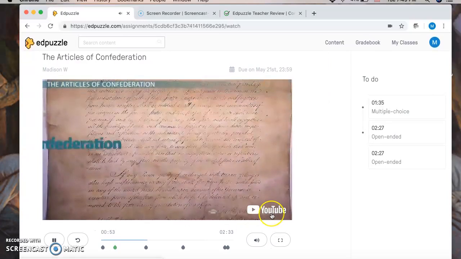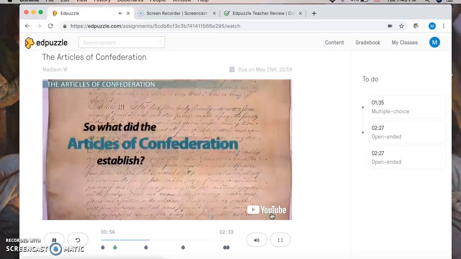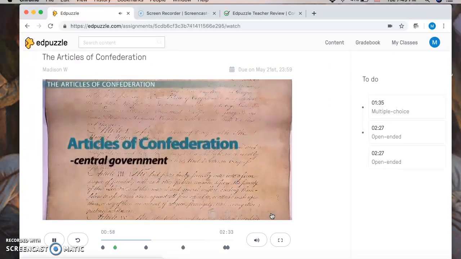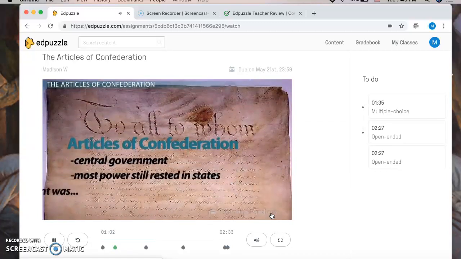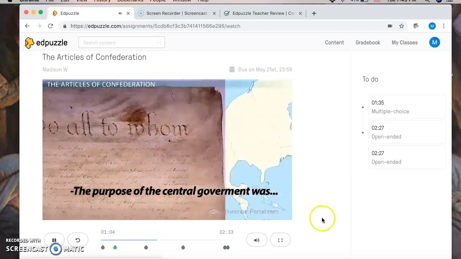So what did the Articles of Confederation establish? The Articles of Confederation created a central government, but most power still rested in the states. The purpose of the central government was diplomacy,